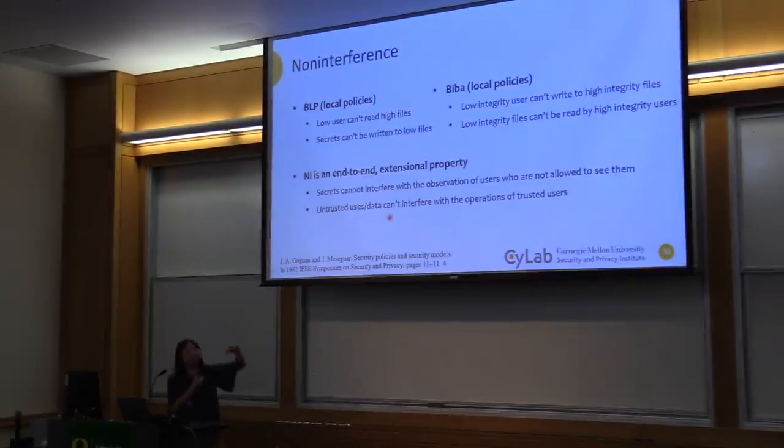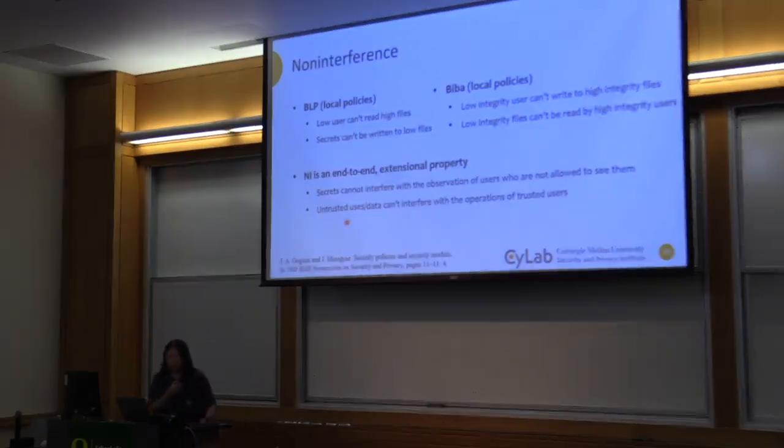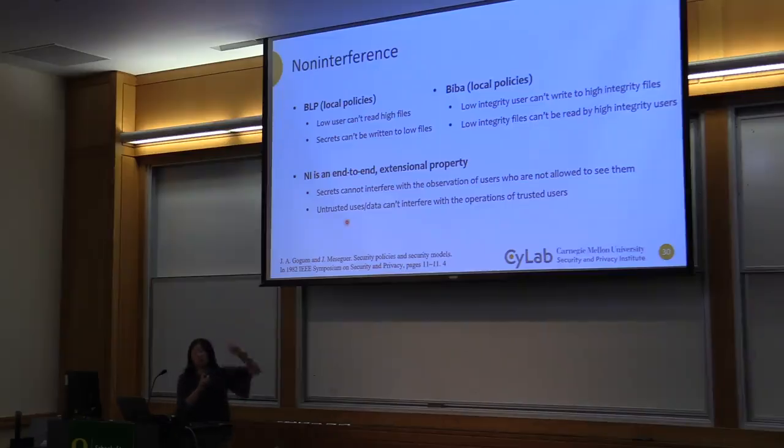For integrity, it's the same thing, except we're talking about trusted and non-trusted. Here the attacker, think of data from the internet that you download from somewhere. These are untrusted data. Oh, sorry, these are users. They cannot interfere with the operation of trusted users or trusted programs. Right? So a write to the nuclear launch code is a trusted operation. The internet data shouldn't impact what to write to the nuclear launch code. So this is more of a global property, the end-to-end behavior as the program runs, what I want to happen.